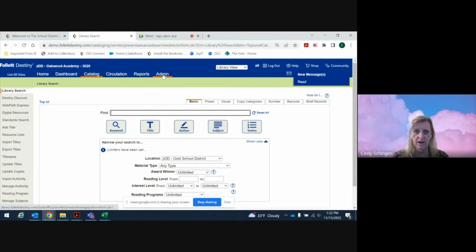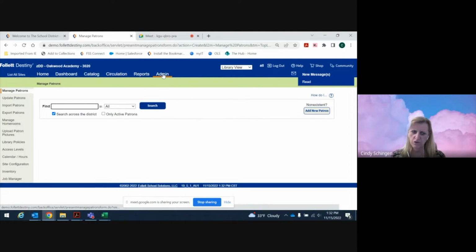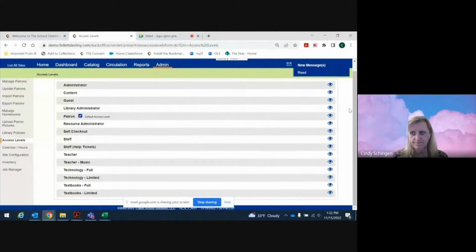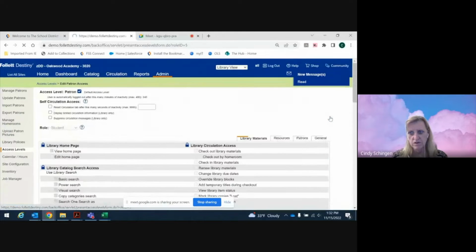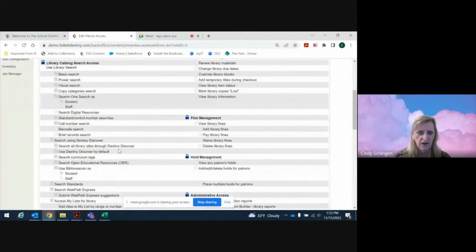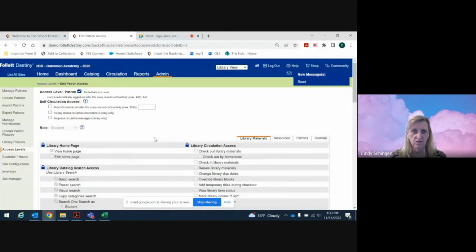So if I go into my admin tab, and most of you should already know about how to look at access levels, I'm sure you've updated these before. If I go into my access levels and into my patron access level, under catalog, catalog search, you can find search using Destiny Discover. This is just for my students. I have it selected, right? That means instead of going into Destiny back office, they go directly into Destiny Discover,